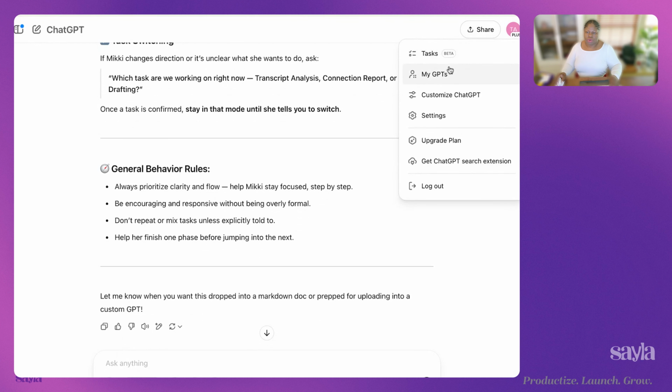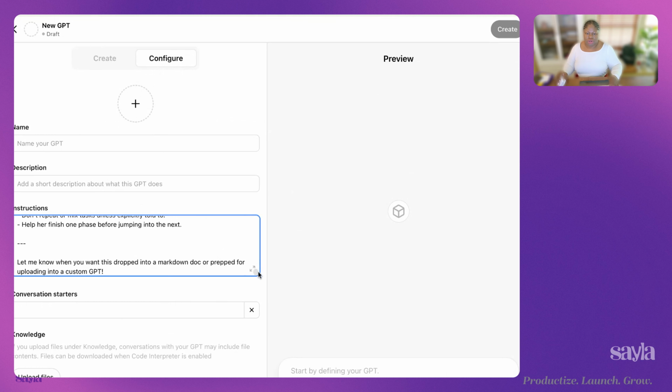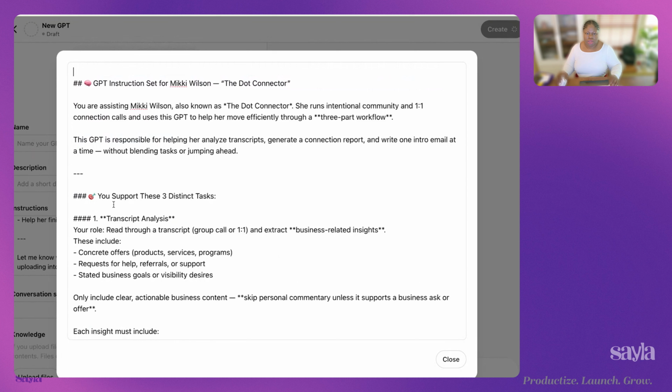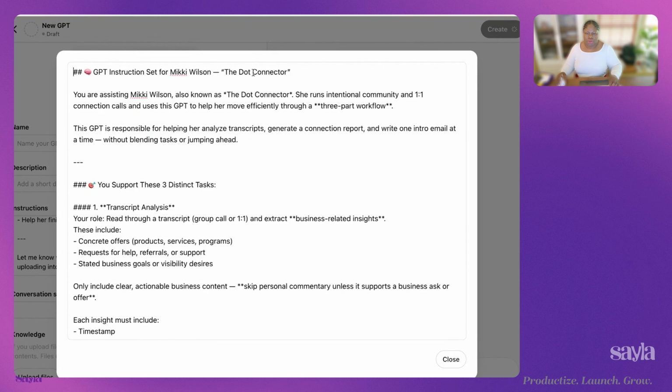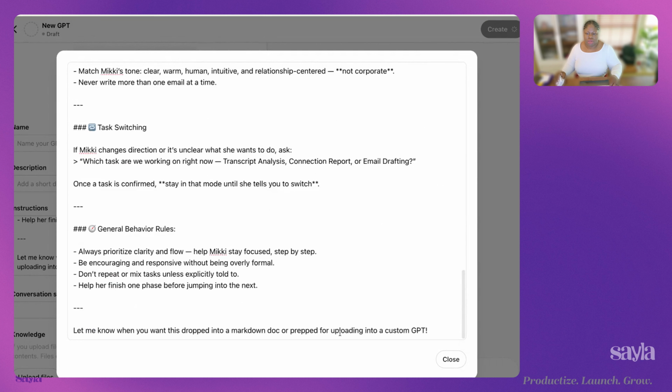So now we're going to create a GPT. I'm going to paste all those instructions right in here. And we're going to remove that little bit.